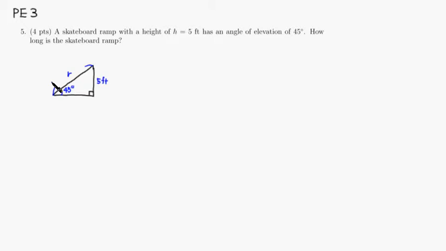So what we can do is find the trig ratio that involves opposite and hypotenuse. Sine would be a good trig ratio. So sine of 45 degrees